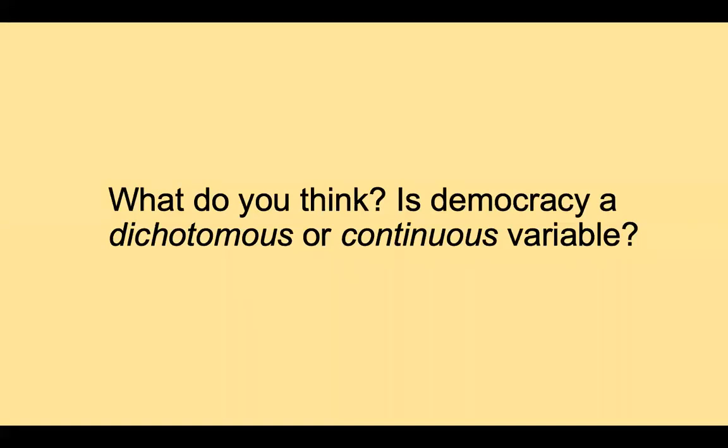And so that's a good example. The franchise, and who can vote and who cannot, does suggest that there's a continuous nature to the whole democratic process, and it can be restricted or expanded in ways that don't undercut the democracy fundamentally, but make it more or less democratic at the same time. And so that's a really good example. Let's hear from some others. Are there other perspectives? Do you think that this is a dichotomous variable or a continuous variable?